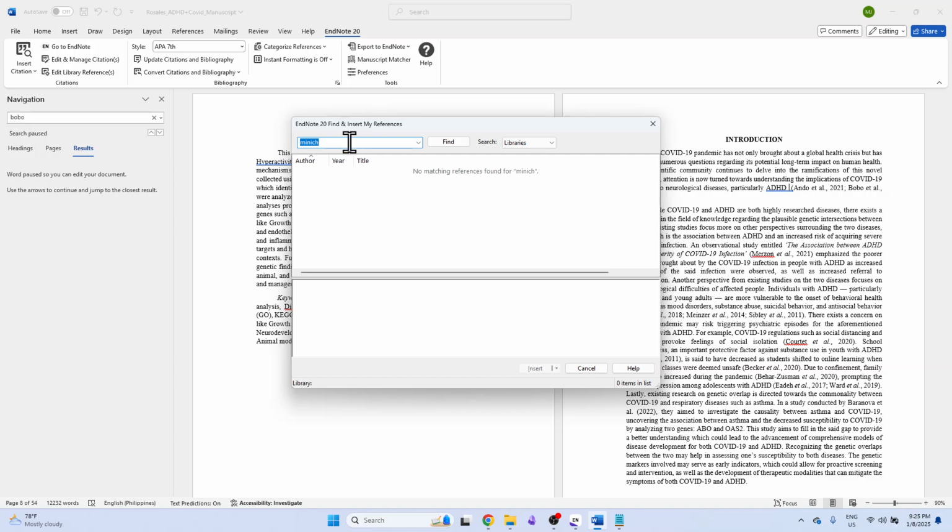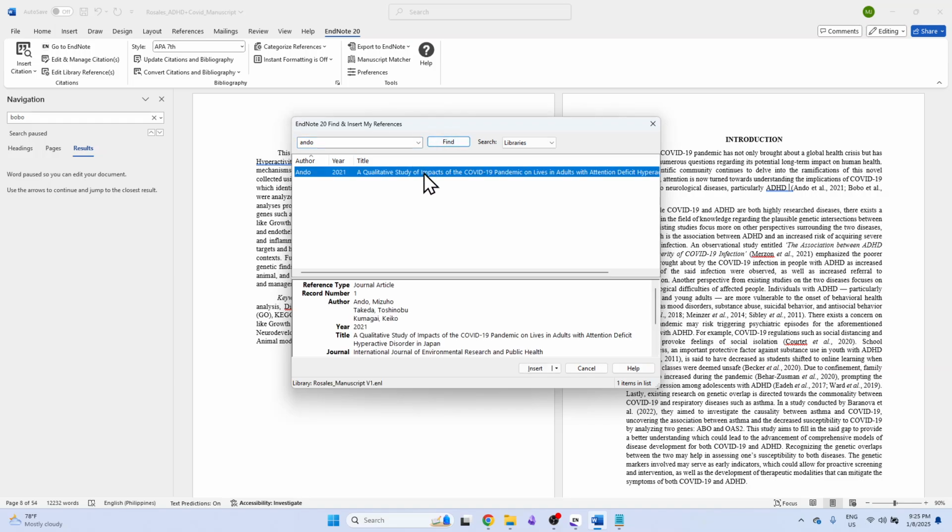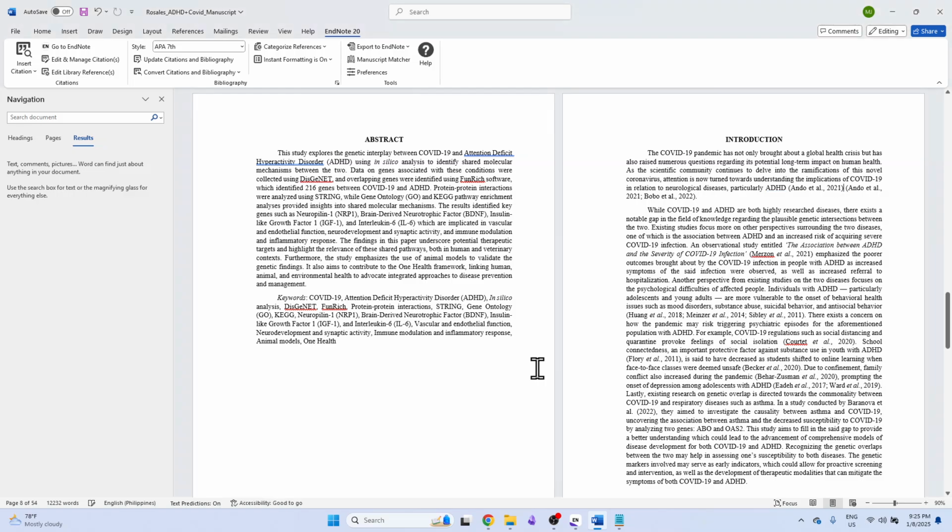Since it says Ando here, just find Ando, and you will see it here. And then it will automatically insert it here. If you highlight it, you can see that it's darker in color compared to the non-EndNote formatted citation. So that's how you can check which one is EndNote cited and which one is just your regular text.